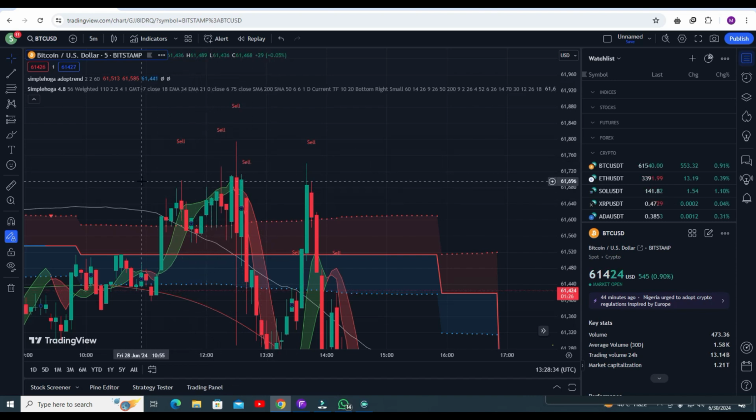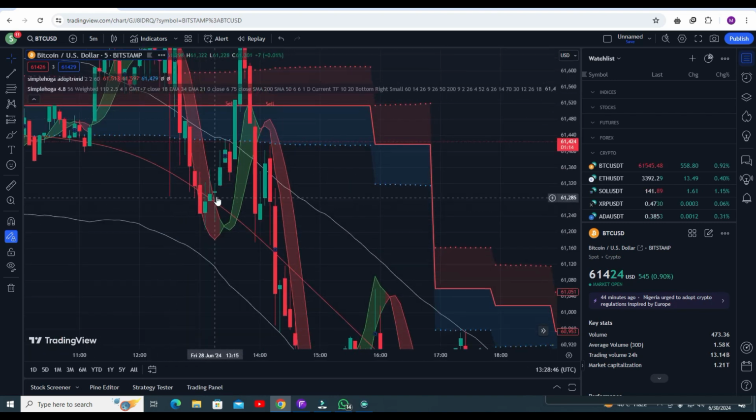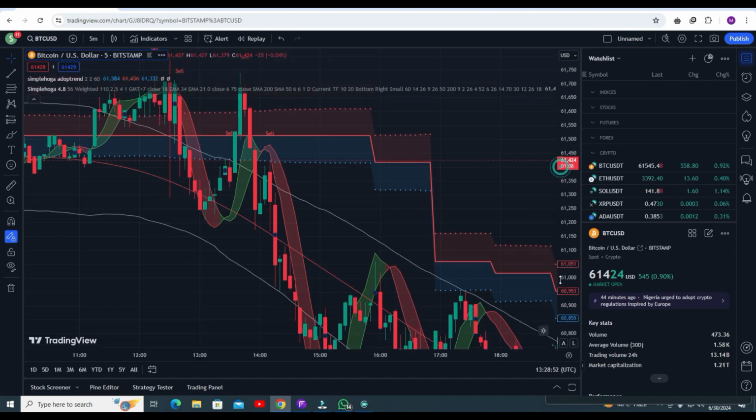Okay, but it will never happen. So this is your perfect sell trade, and if the market goes up, you can go for another sell trade as well. At the end of the video, you have to exit your trade at this point when the candle goes outside. Okay, let's show some other example.